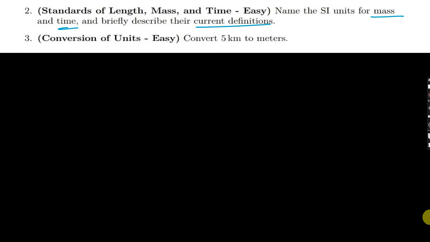All right, so the SI unit of mass is the kilogram, denoted as kg. Now how do we define this? This is the SI unit of mass, guys. It is defined